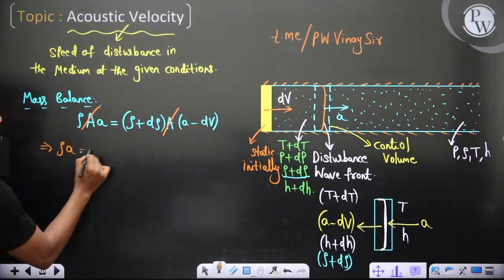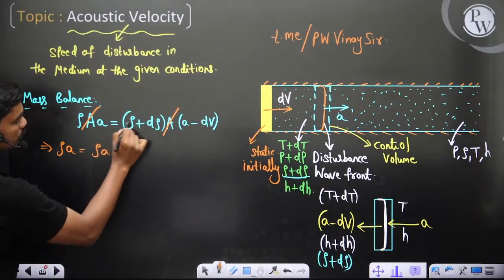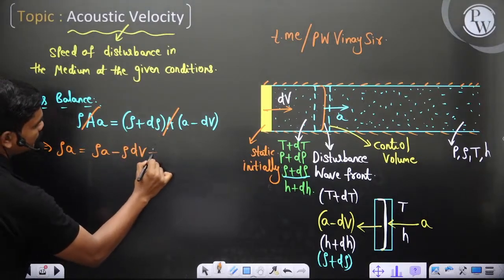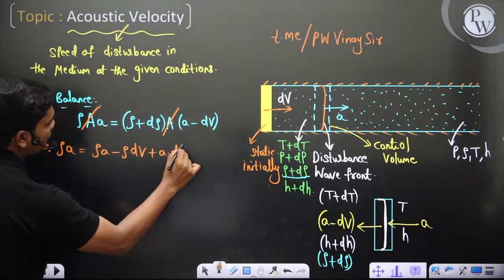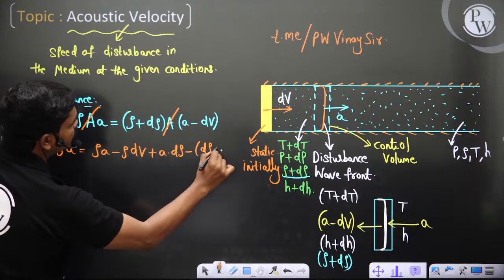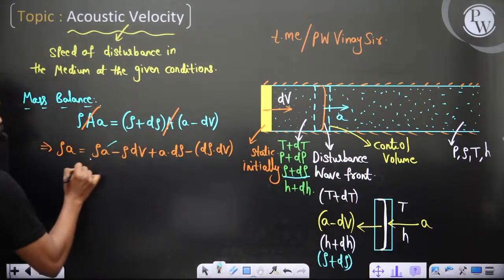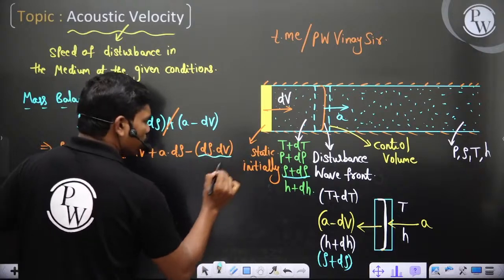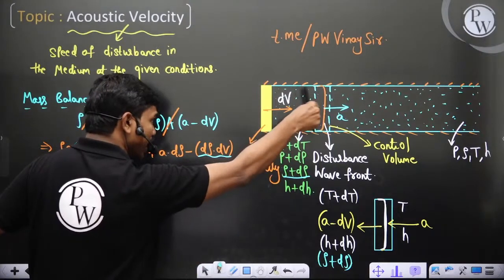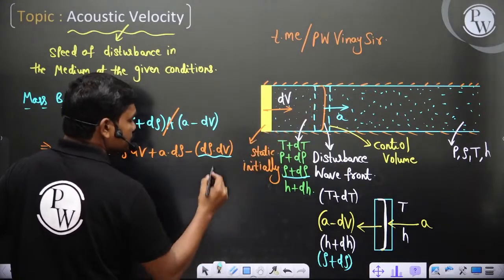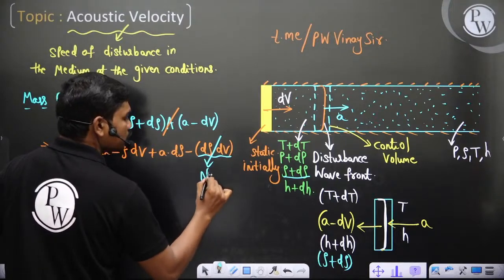Rho a is equal to rho into a minus rho into dV plus a into d rho minus d rho into dV. Okay, so this is what we get. Now let's see, if you cancel this rho a and rho a, and these are small variations because we are just taking it after this wave, the disturbance wave. So this quantity is a higher order term, neglecting